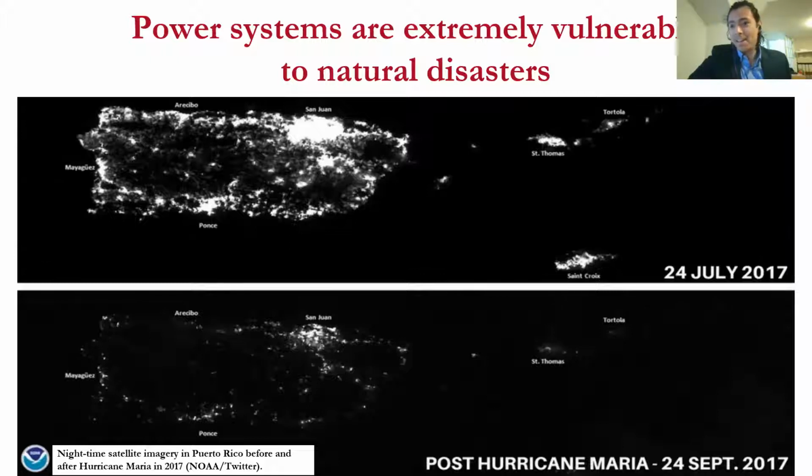I usually use this example, but now there are more and more examples. Hurricane Zeta, that was three weeks ago, caused 2.6 million outages in the southern part of the US, all the way through Georgia and the Carolinas, causing massive outages. It's not only hurricanes. The 2014 Napa earthquake caused 70,000 outages in California, and that was just a medium-sized earthquake. And with the wildfires in California, we're also seeing that the power grid is truly vulnerable to disasters. So that's the motivation of this piece of work.